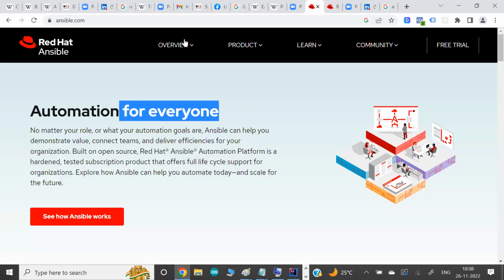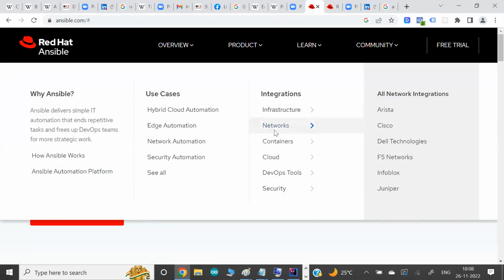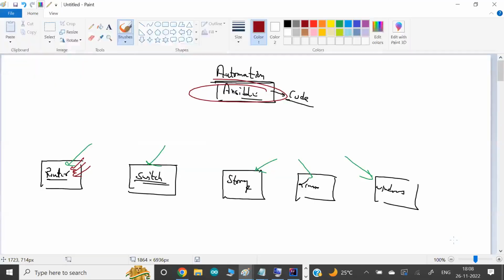Even if you see the overview, what kind of automation they provide: in the networking part, different networking devices, Cisco to F5 and Juniper, container world, cloud world, DevOps tools also they integrate, security world, infrastructure like normal servers, and many more use cases they have. Right now, I was trying to explain the core use case of Ansible. This is how Ansible started being invented and used in the market.